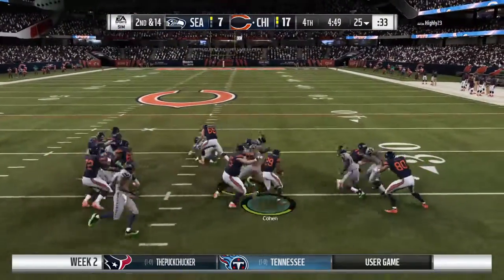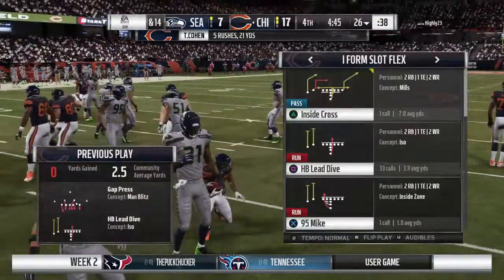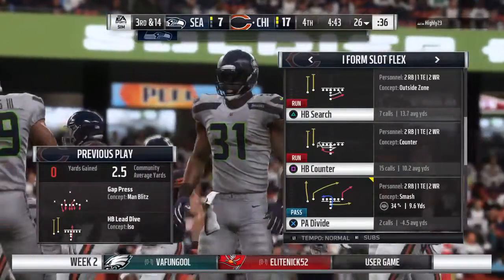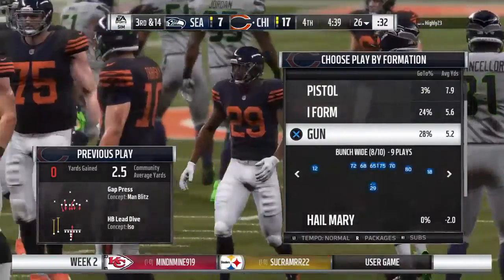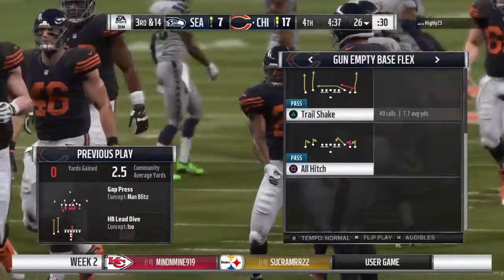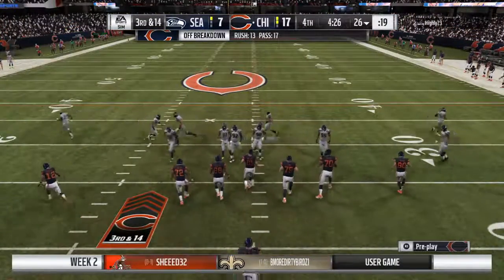Now Cohen. And again, the run defense stout this time. He maybe gets back to the line of scrimmage, but no more. Run blitz there defensively, something we might see more of here in the fourth quarter. I think we'll see a lot of it, and the difference between that and a pass blitz, you're just trying